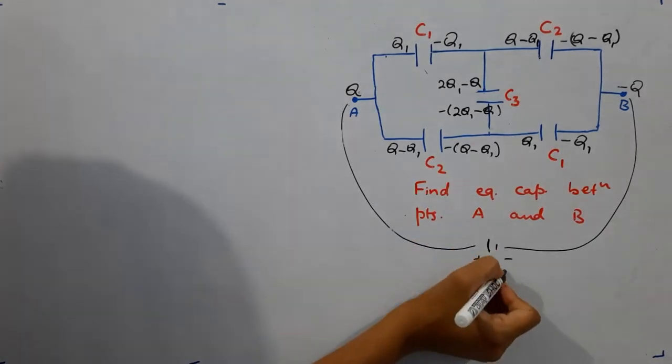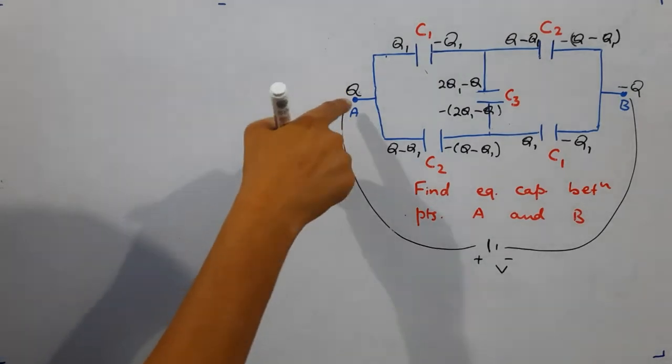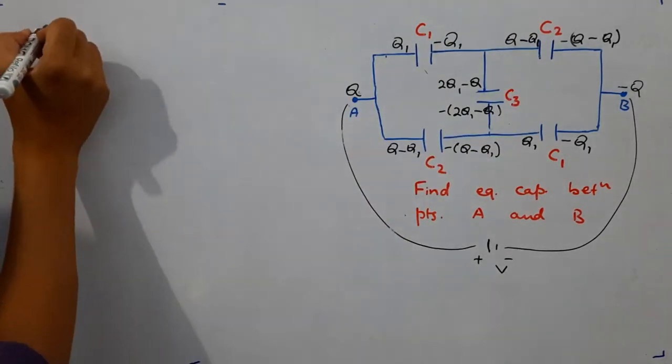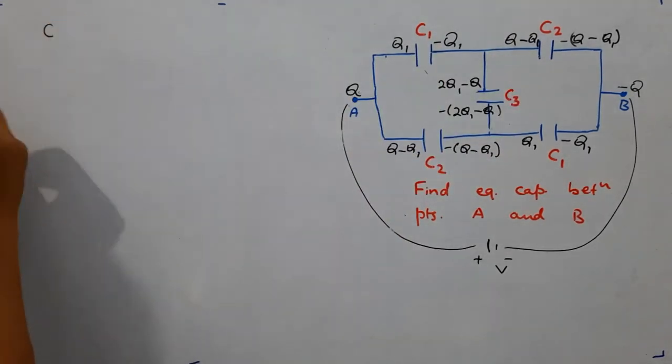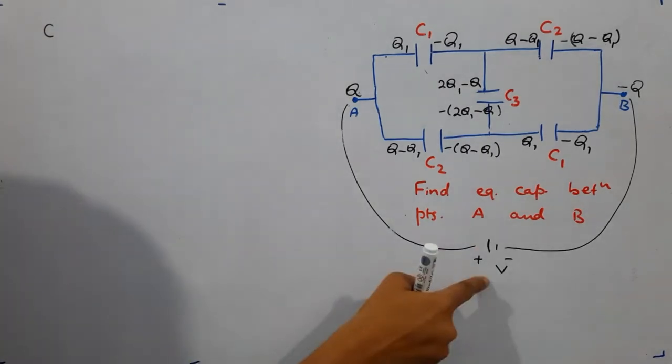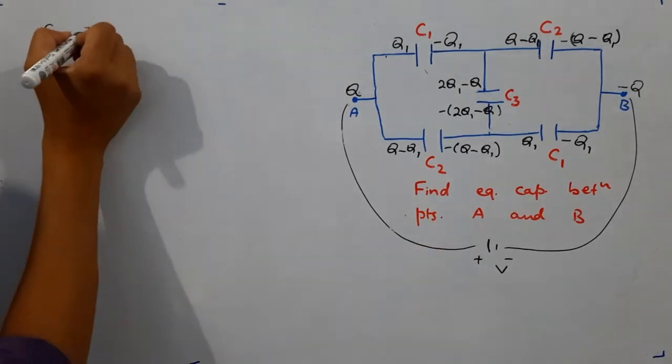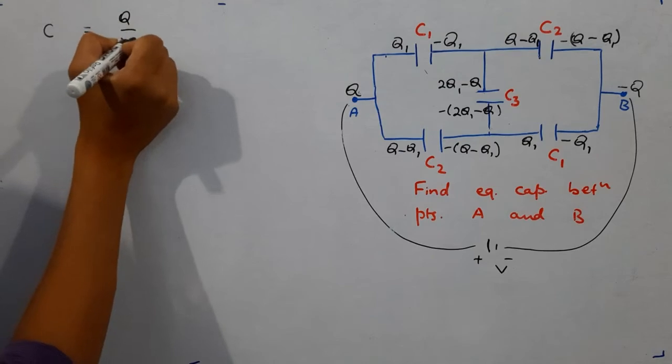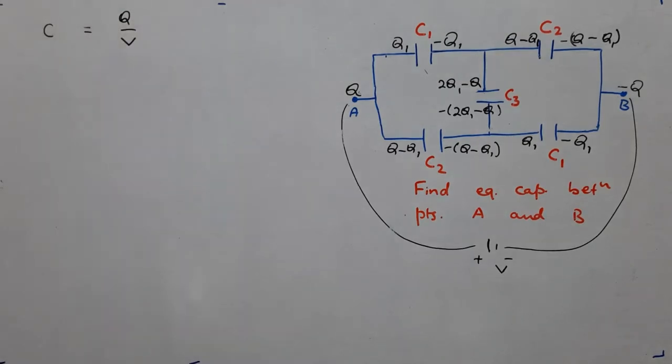Now let this potential difference be V. We have to find equivalent capacitance between A and B. Let that equivalent capacitance be C. Then that C, this Q and this V will be related using this relation C is equal to Q upon V. So we have to basically find what is the ratio Q by V. For that, what we will see